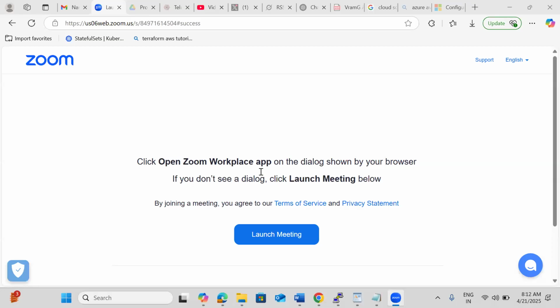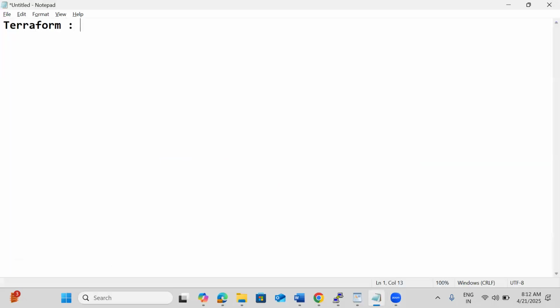Okay, so what Terraform is used for is IaC. IaC stands for infrastructure as code, and we can automate the complete infrastructure, end to end, through Terraform. And once we install, for Azure, the prerequisite is that Azure CLI is required. Then we need to install Terraform, and Terraform uses the Azure RM provider